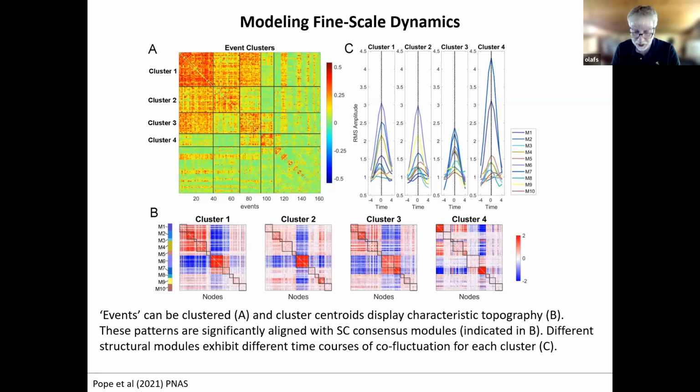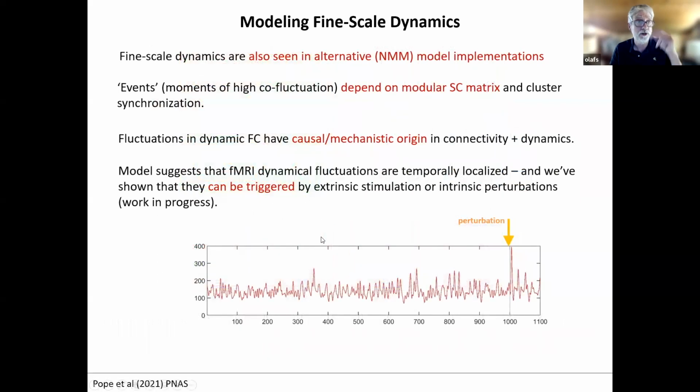And as you can see in the bottom row of this diagram, they align quite closely with those structural clusters or modules that are ingrained in the connectome, if you wish, that we provided. If you do away with these clusters by rewiring and forming a random network, you will also get rid of events. This was fairly good evidence that indeed event-like fluctuations are in fact dependent on structural connectivity,